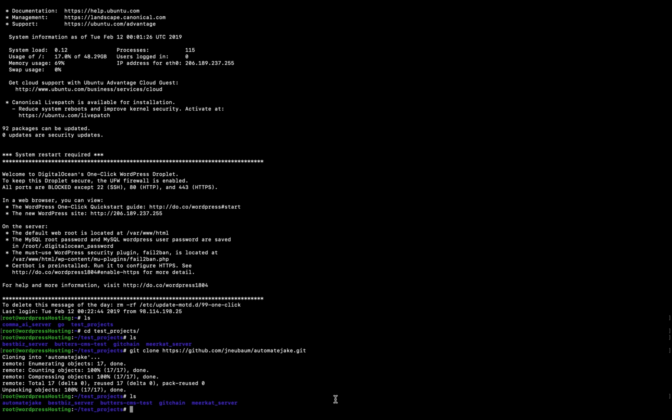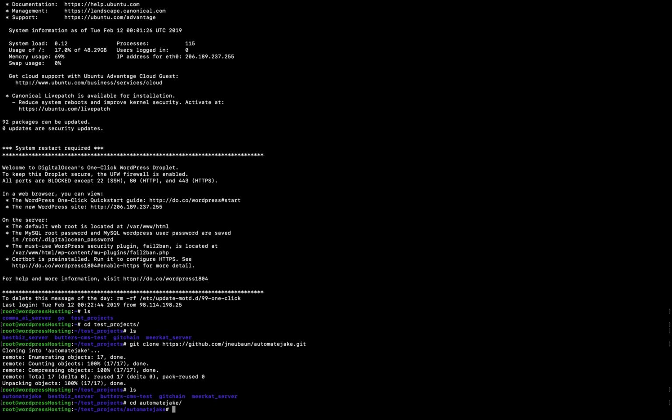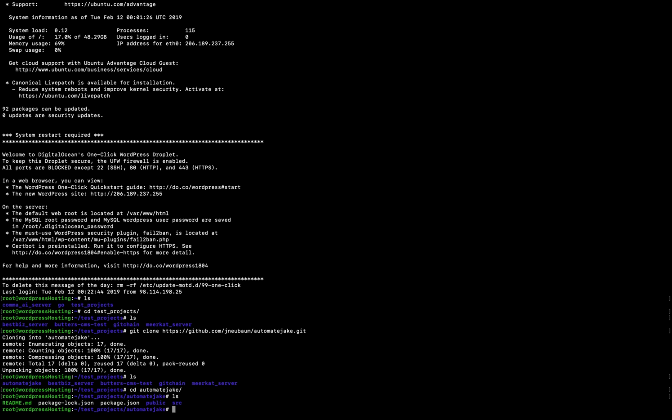Okay, so I just created Automate Jake. You can see the folder right here. There's the Automate Jake folder. So if I change directory into Automate Jake, and if I were to run npm start, it would be running on port 3000. But I'm not going to do that right now because I actually have something else that's running on port 3000